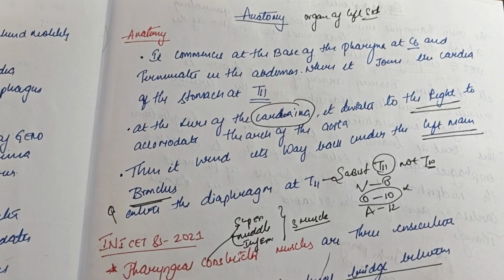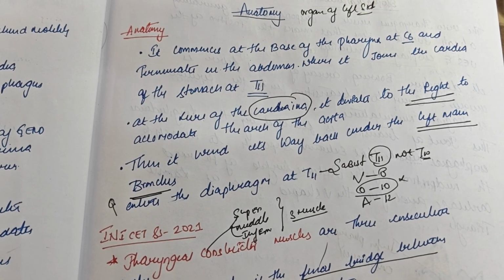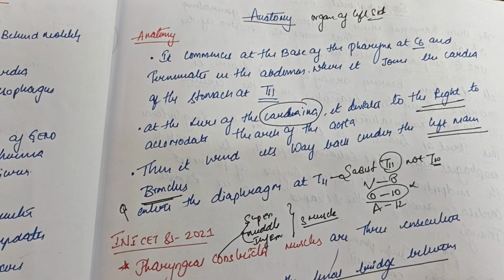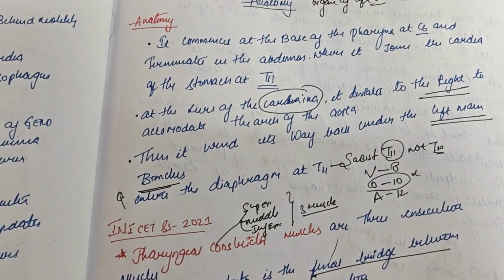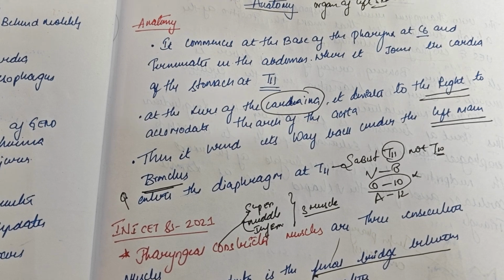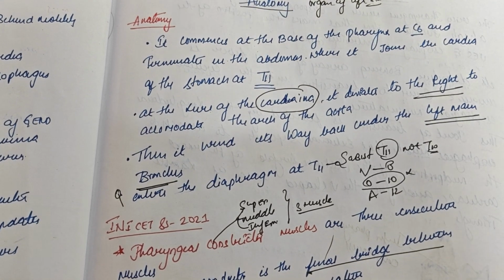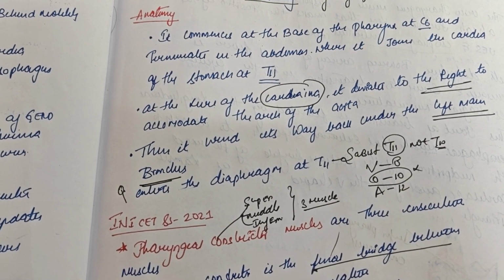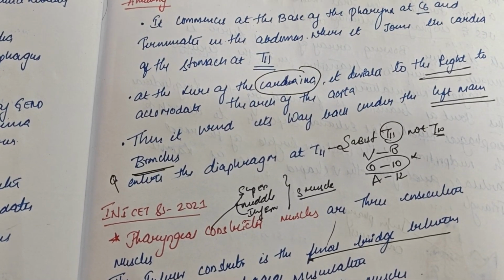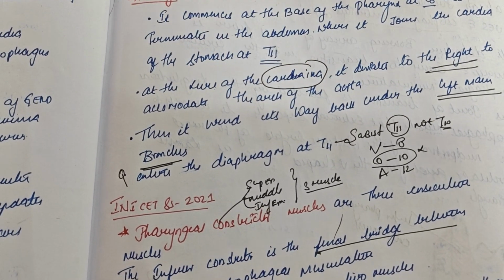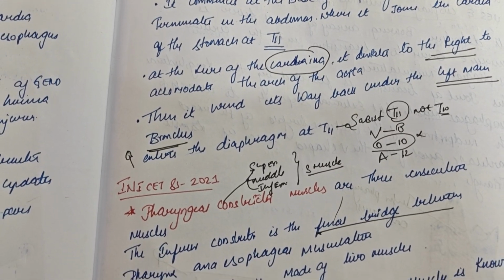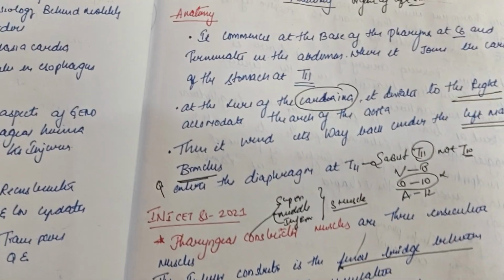It commences at the base of the pharynx at C6 and terminates in the abdomen, where it joins the cardia of the stomach at T11. It is also written that at the level of the carina, it deviates to the right to accommodate the arch of aorta. Then it winds its way back up the left main bronchus and enters the diaphragm at T11. So what is it trying to tell us? If you look into the structure,